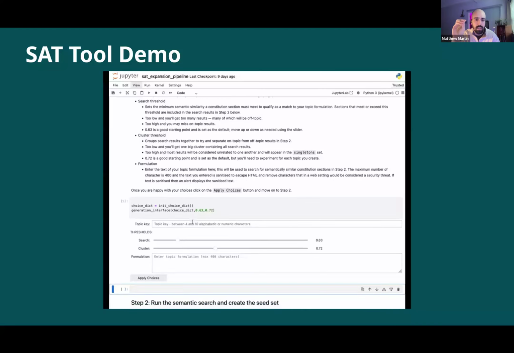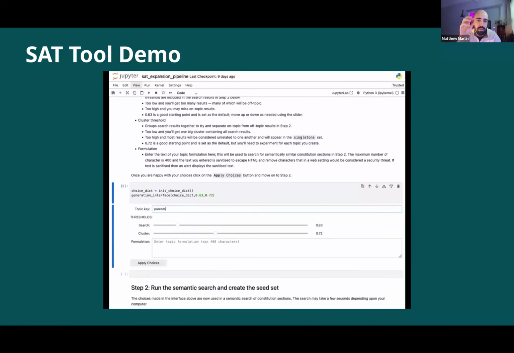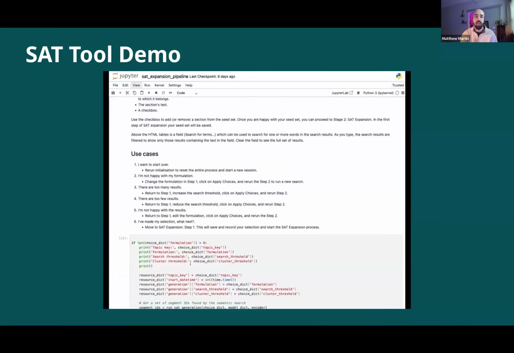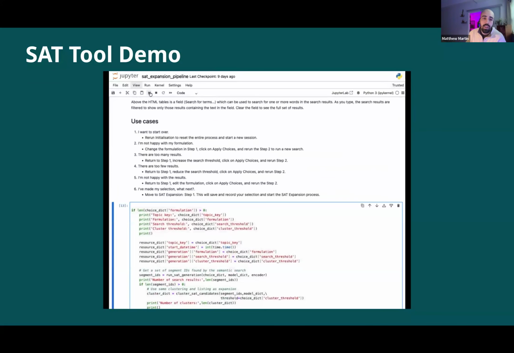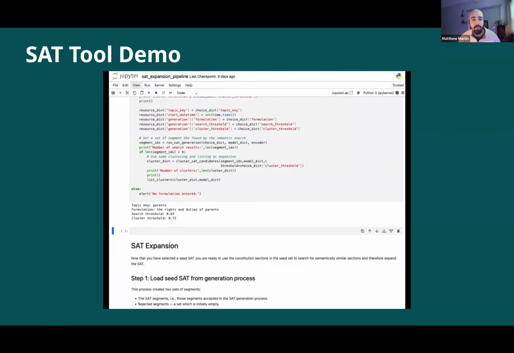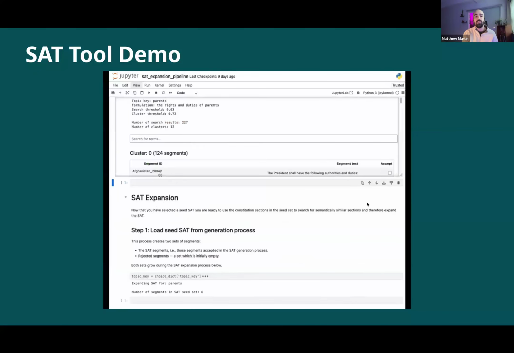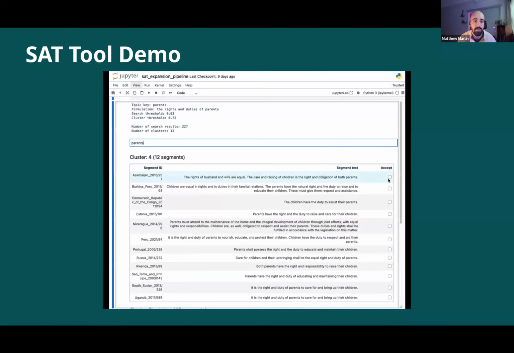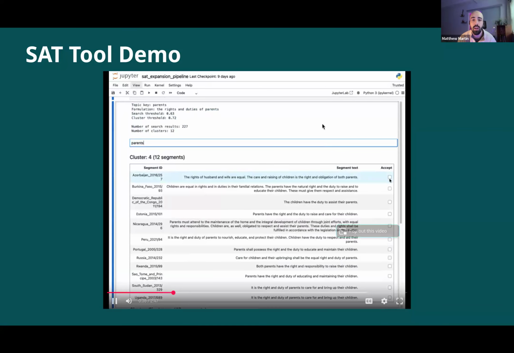So obviously this shows the interface. What we'll be doing in this first step is typing in parents, the topic key, setting some thresholds, and then providing a phrase that captures the intent of the topic, the rights and duties of parents. What we'll see next is that we run the search process, we use our topic key, we have our formulation, we have our thresholds, and it produces a set of results that we'll review for the construction of what we call the seed set, or the set of segments that we're using to define the initial core of the topic